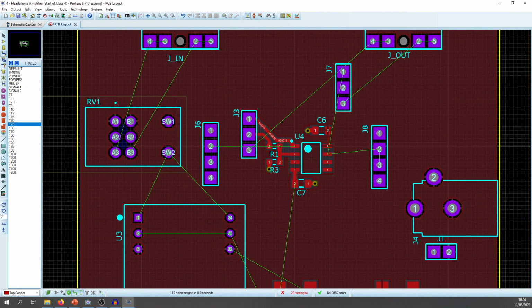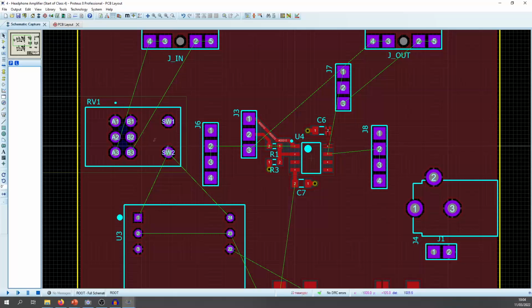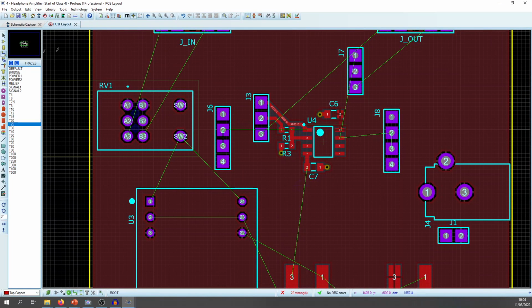Right, so all I'm going to do is essentially finish off this one side so you get a feel for it, and then I'm going to show you the finished product, the one that I did, and talk about a few features of what I've done. So we've got C1 and R10, and that's incoming from this potentiometer. So those don't actually have to be very close to the op-amp if you don't want it to be. You've got C1,